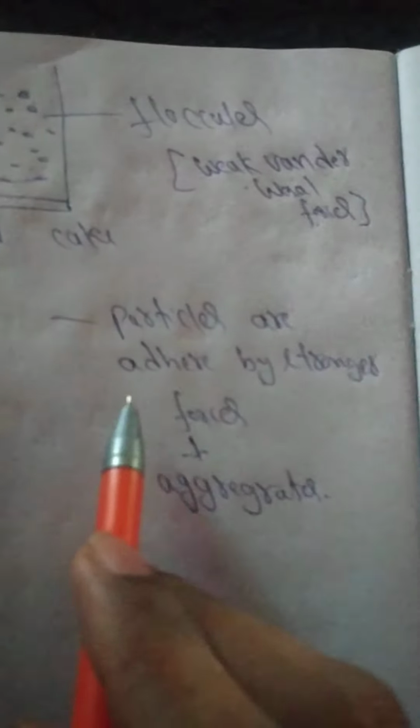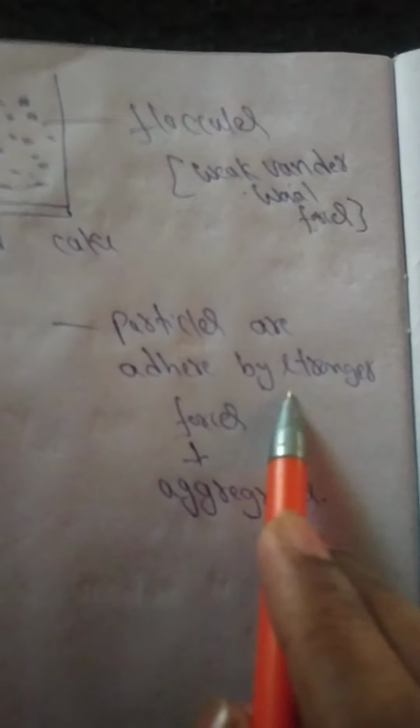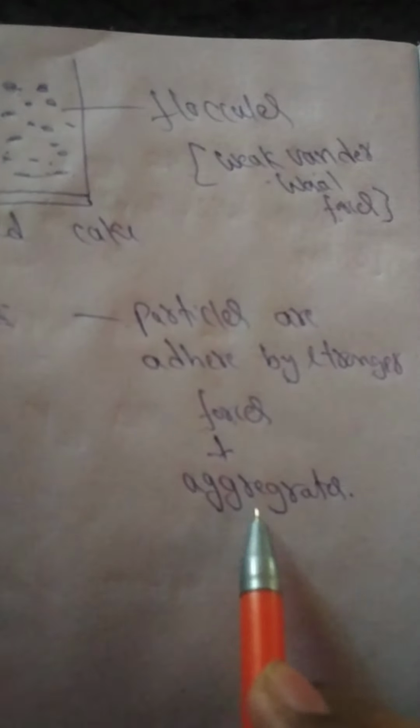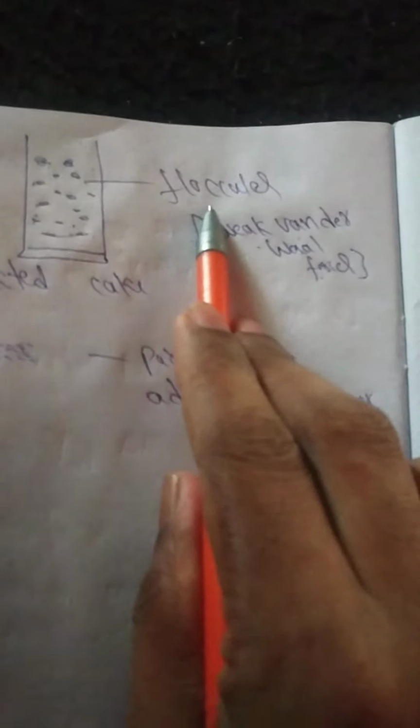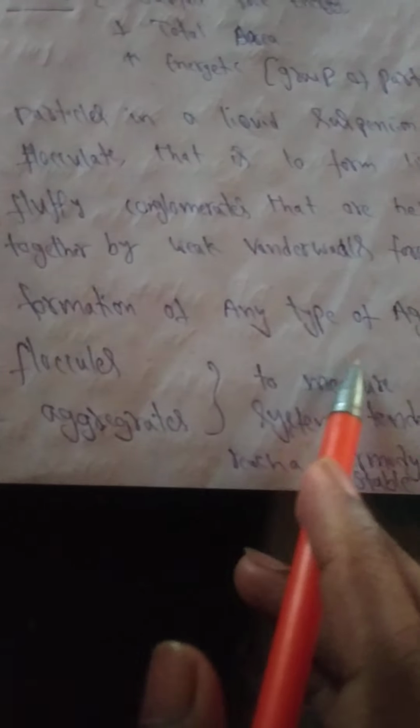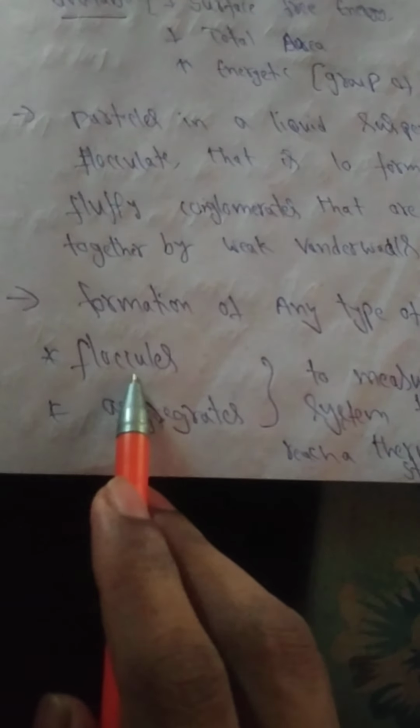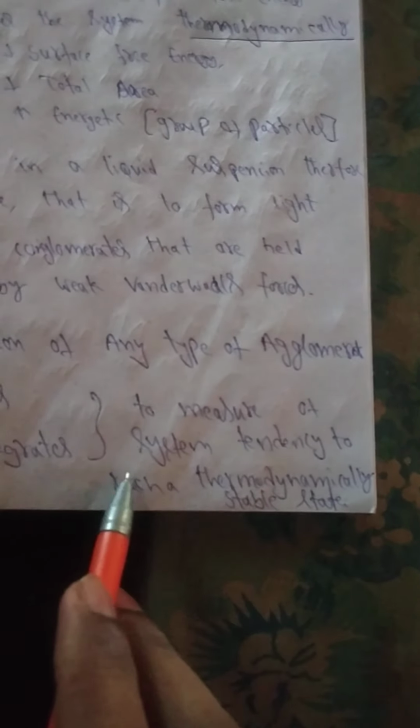In this process, particles are adhered by stronger forces to form aggregates. It will form either flocs or aggregates. The formation of any type of agglomerate can be described as flocs or aggregates. To measure the system's tendency to reach a thermodynamically stable state,